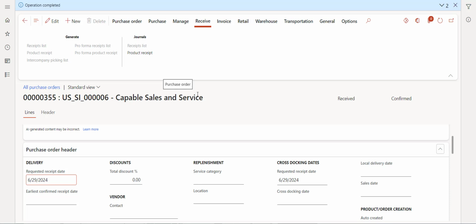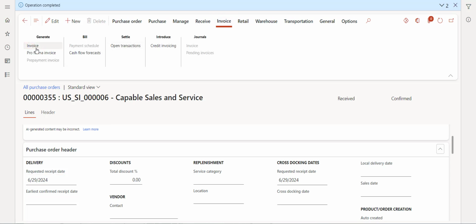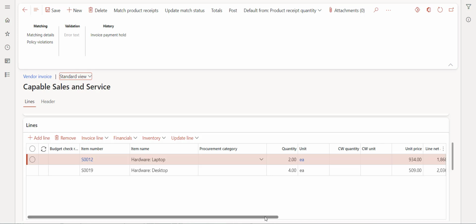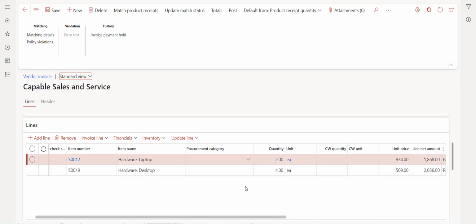So if I go with the standard invoicing process, enter invoice and generate invoice, you're going to see the system generate invoices based on the purchase order lines. Okay, so that's what you see here. If I scroll down, those are the 2 lines from your PO. And if you change your quantity here to only invoice 1, the remaining 1 is not going to show up